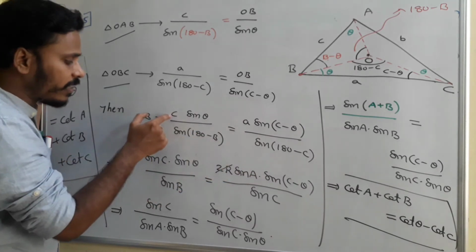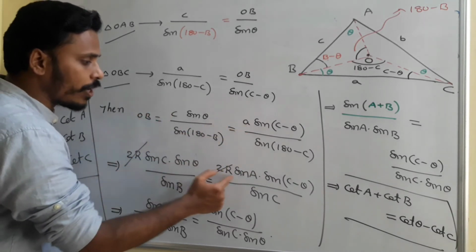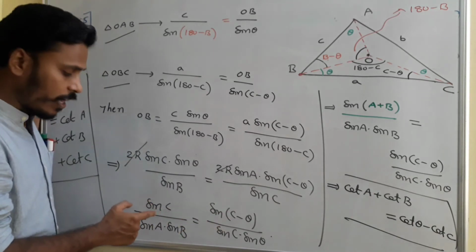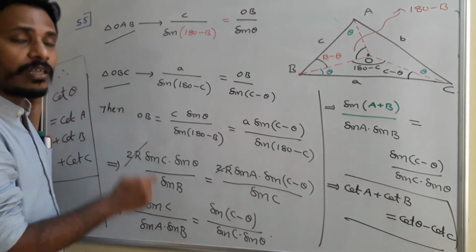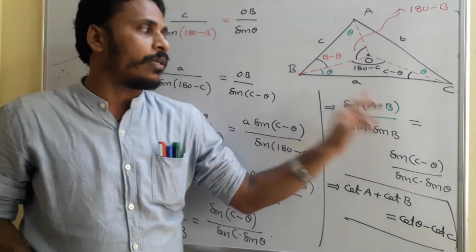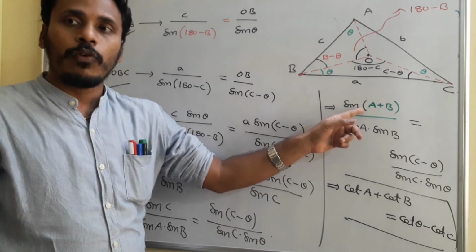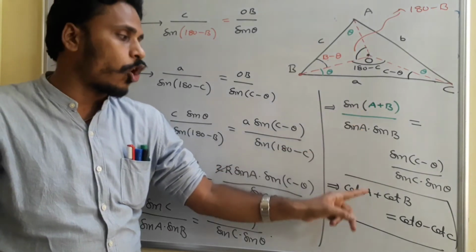So you rewrite c with 2R sin C, a with 2R sin A, and on rearrangement we have this. And here we are going to do a magic by replacing C with 180 minus (A plus B), it becomes sine of (A plus B). At the end, the sine of (A plus B) formula divided by sin A sin B is cot A plus cot B,